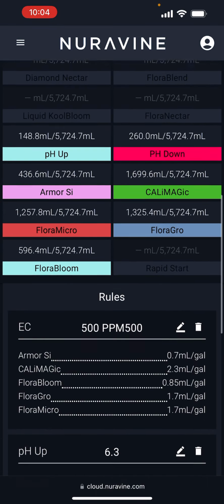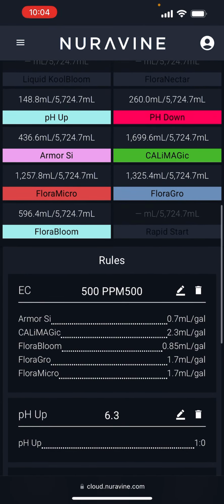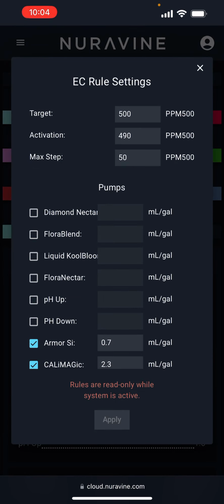Here are the rules. So to create a rule, it's pretty simple. You click on Edit, and then you'll see your target. That's the goal that you're trying to reach. Your activation is going to be at what point the system will activate and turn on so it decides to dose. There's also max step. So basically, say your activation is 300, your target is 500. Max step will dose it in increments of 50 ppm. I'll show you in a minute that you can have different units. So whatever you're comfortable with, that's how you can